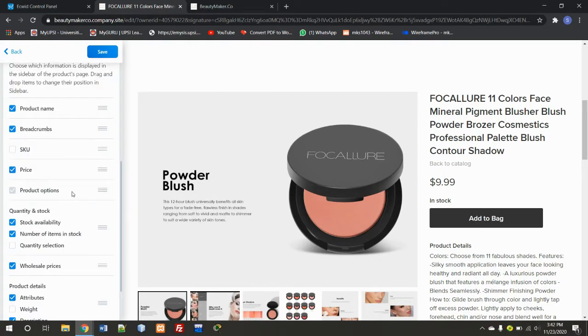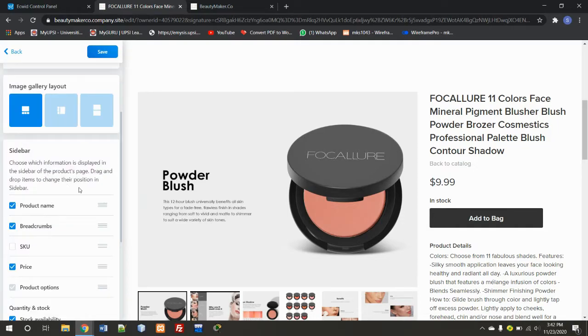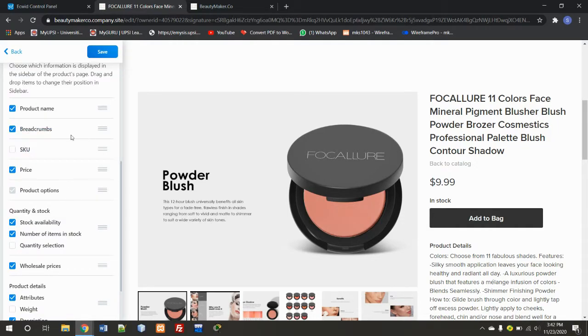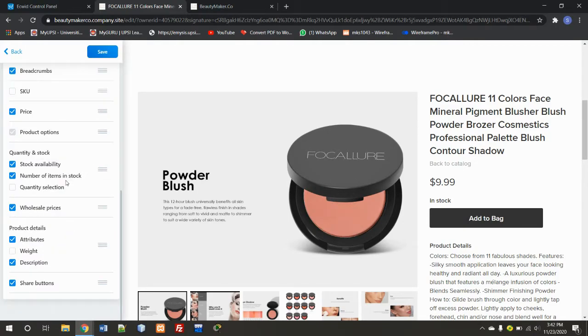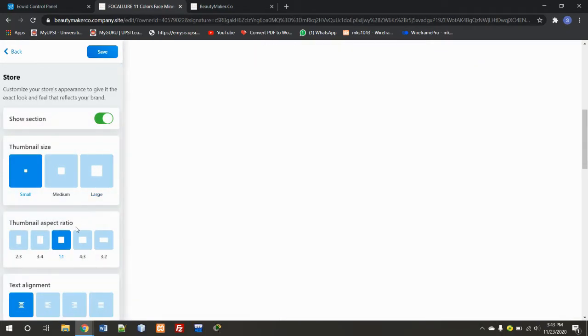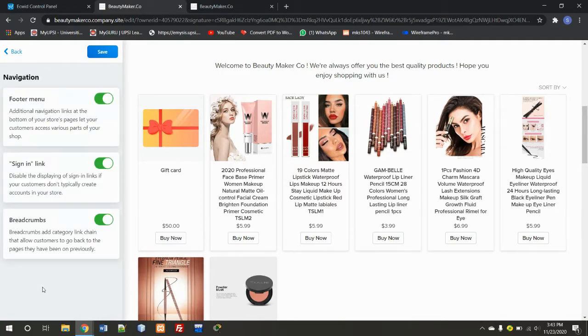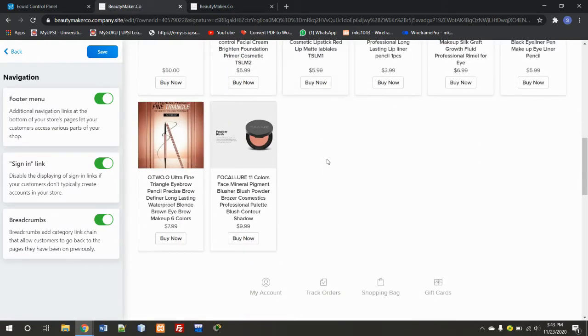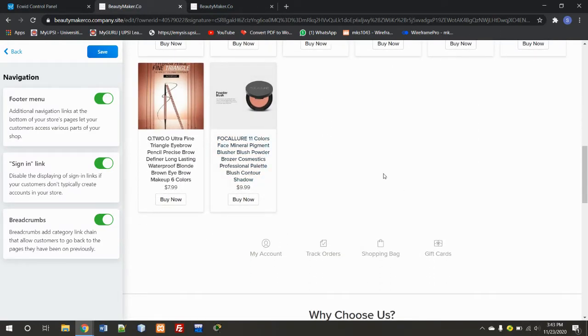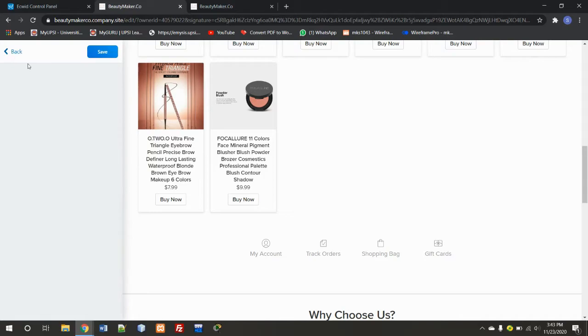Next one, we have sidebar. If you want the item to be shown on the side, it's better to have it shown. Okay, and then next we have miscellaneous. Miscellaneous is the footer menu, sign in link, and breadcrumbs. So it's over here, the down part. Okay, so next we have